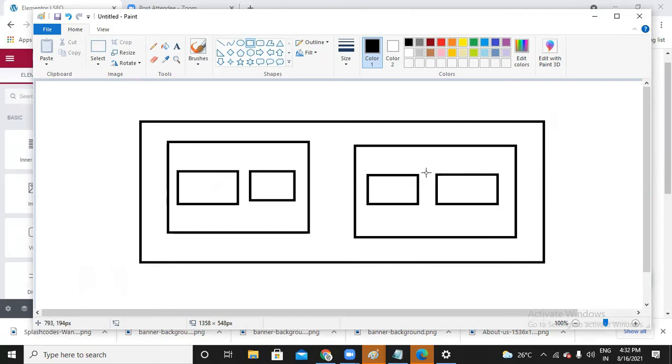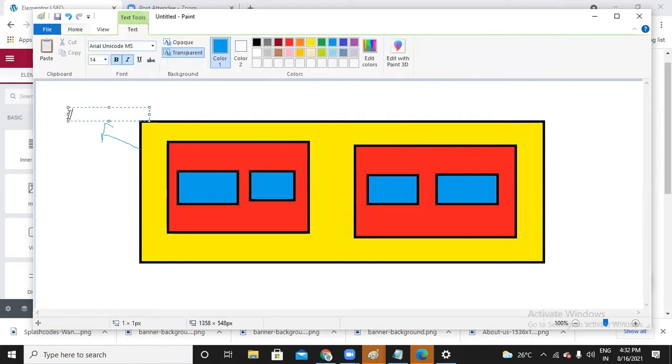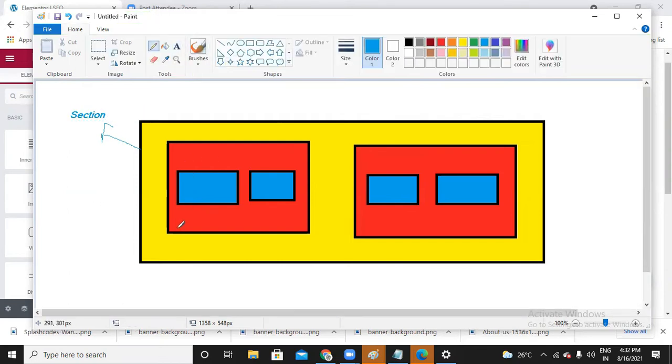This is the structure of Elementor. The first yellow color is there, right? That is called a section. Within the section, you can have columns.